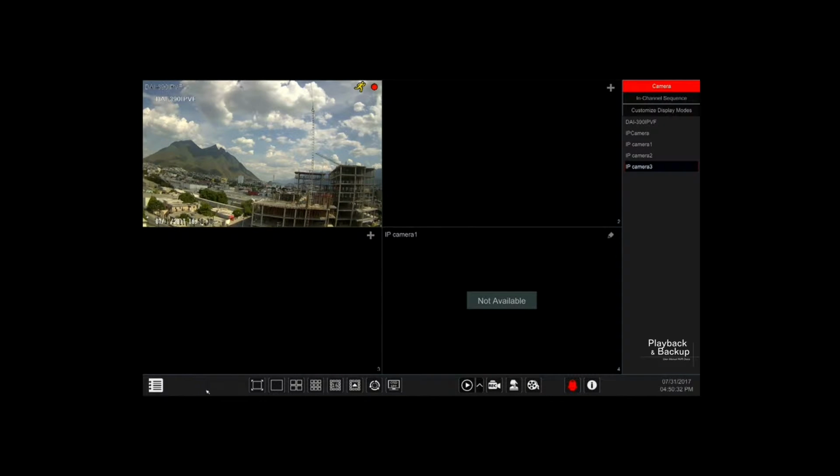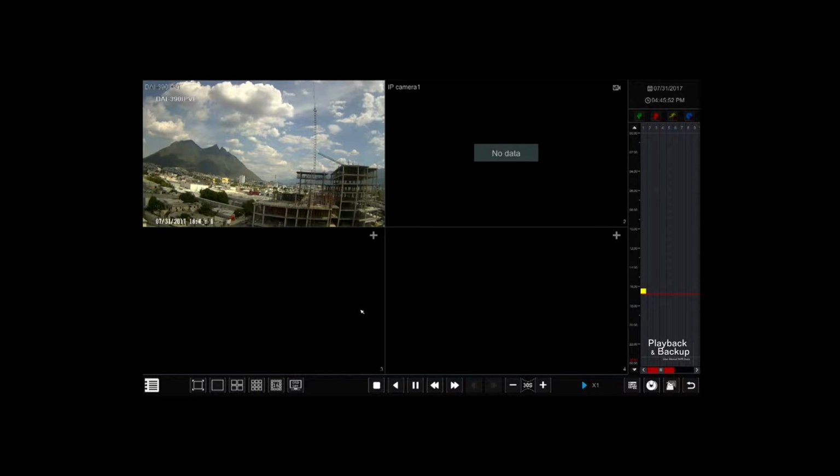There are two quick ways to access the Playback interface. Either click on the Instant Playback icon from the general toolbar at the bottom of the Live View interface, or click on the menu button and then Playback. The interface will switch from Live View to Playback, and the cameras from the Live View will be played back